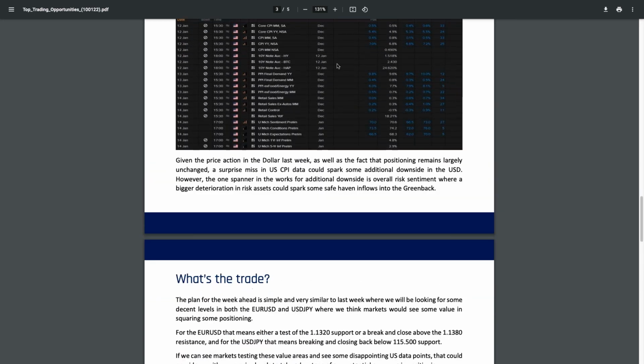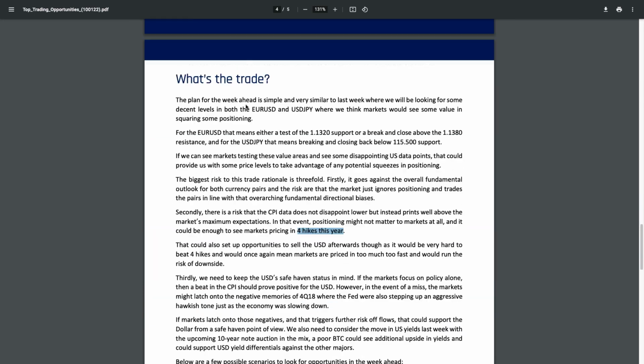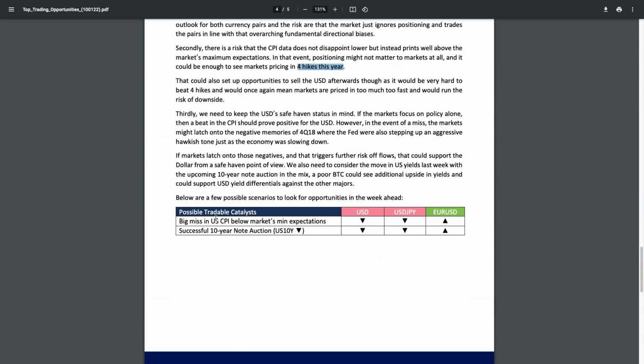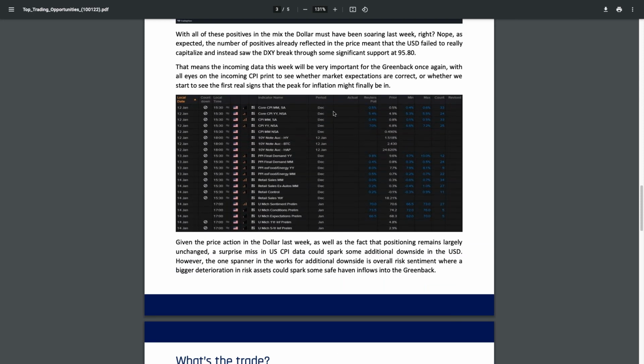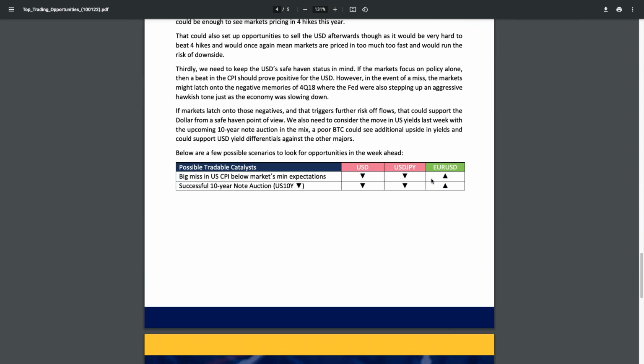So the best opportunity on Wednesday is if we get a miss. If the US CPI is below the market's minimum expectation, on the month-on-month you can see the minimum expectation is 5.3. If it's below 5.3 for the month-on-month, and the year is 6.6. Now, the Fed prefers the core, so look at the core. If the core comes in below 5% or below 5.3%, expect a lot of dollar weakness. So in that case, Euro-US dollar upside makes sense. Look out for that on Wednesday, okay?